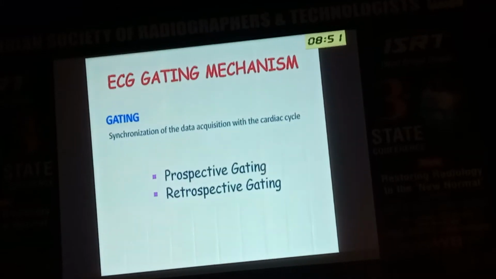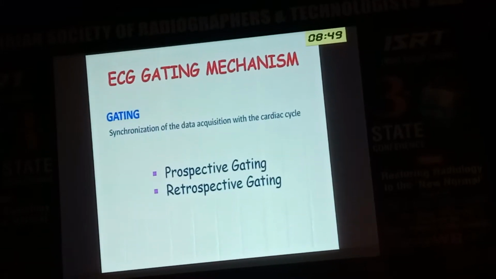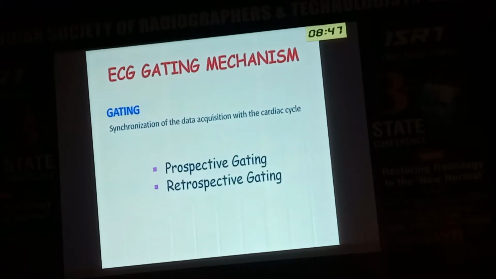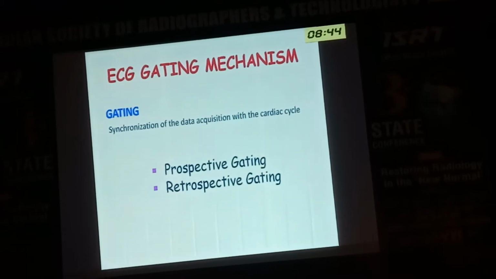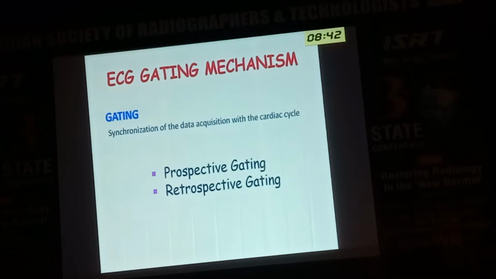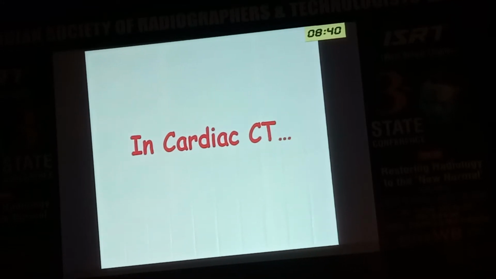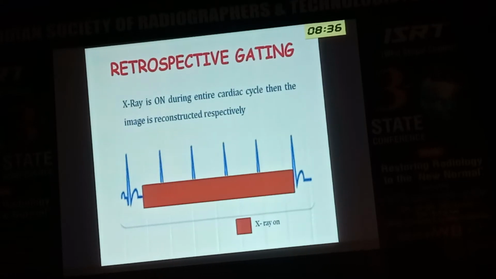There are two types of gating, prospective and retrospective. Prospective means directly you are going to do. Retrospective means, retro means later on. So how we do it in cardiac CT and how we do it in cardiac MRI, both I will tell you. In cardiac CT,